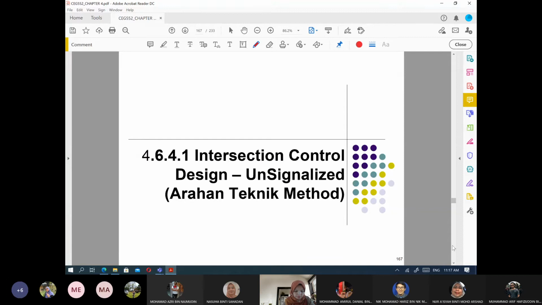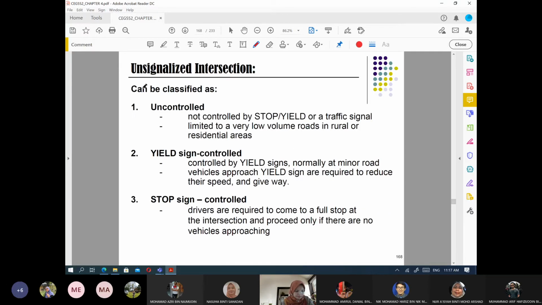But then we are not going to look at unsignalized lah. Unsignalized pun tak ada traffic signal pun kan. So this is just to show you how we manage with those unsignalized. Unsignalized dia panggil sebagai uncontrolled. Uncontrolled tak ada langsung stop or yield, tak ada. So this uses, they would just know when to give a right of way to another vehicle that coming in. Okay, this must be very limited to low volume of roads in rural atau residential areas sajalah, jalan-jalan yang kecil